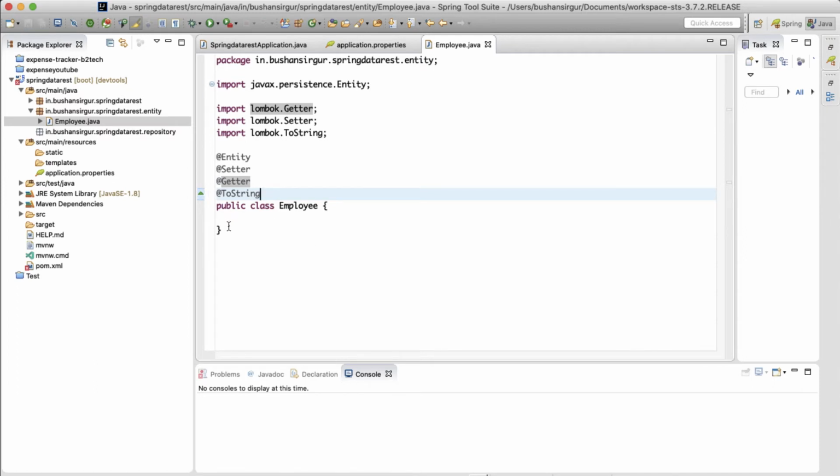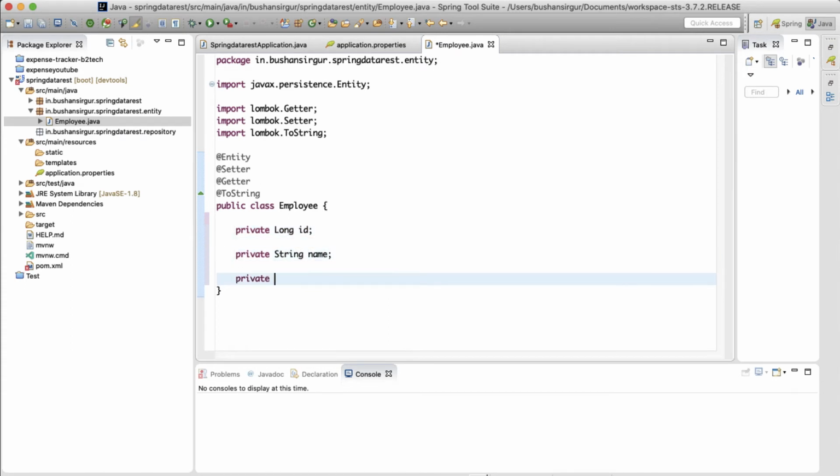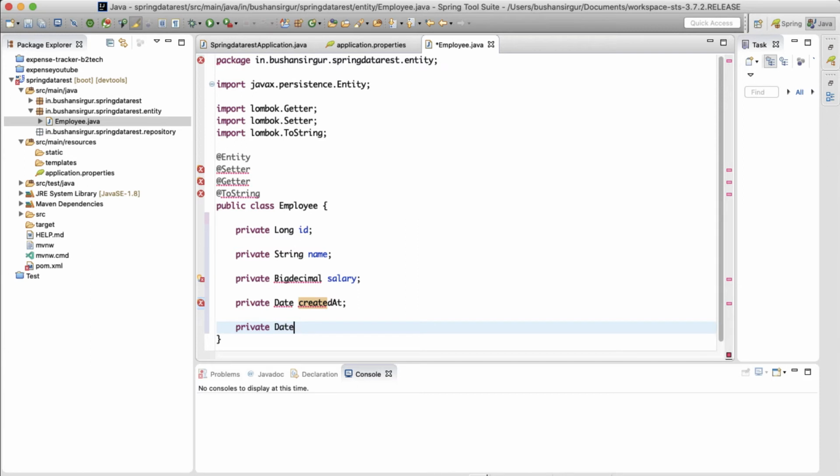So let's save this, and now let's declare the fields. So private long id, private String name, private BigDecimal salary, private Date createdAt, private Date updatedAt.